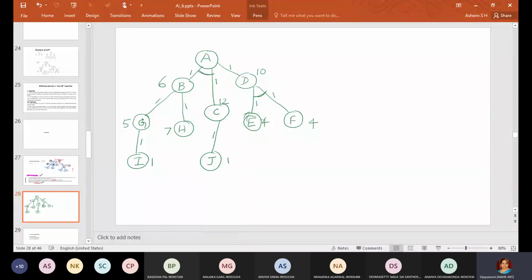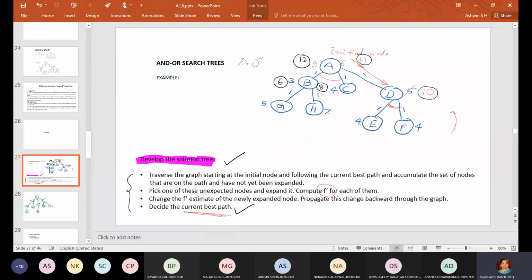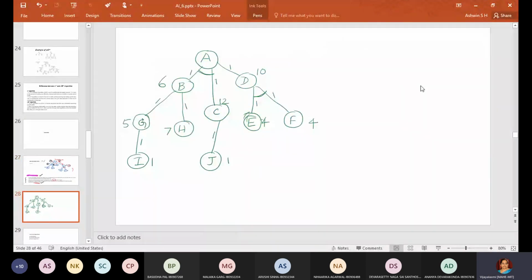Okay, this is the problem which I have taken now. Just like the previous problem which I have done, you find out the solution tree for this one. Calculate the f dash value for the root node, and tell me the values.